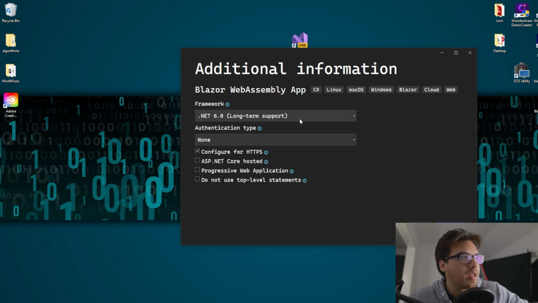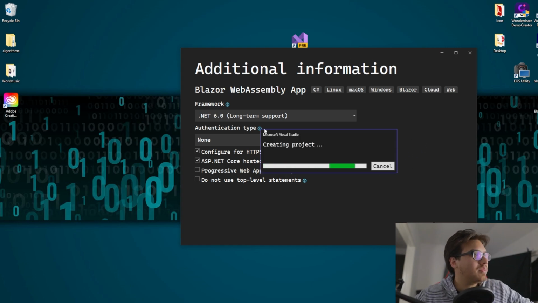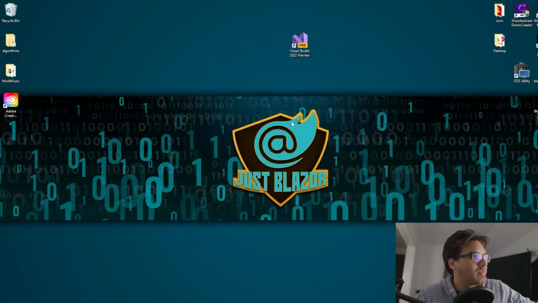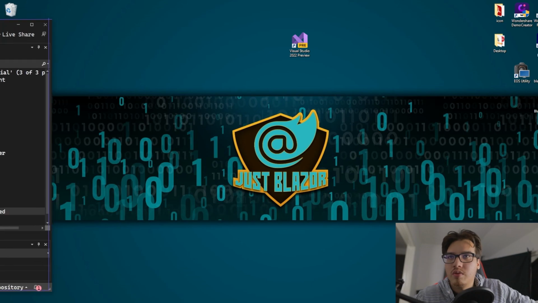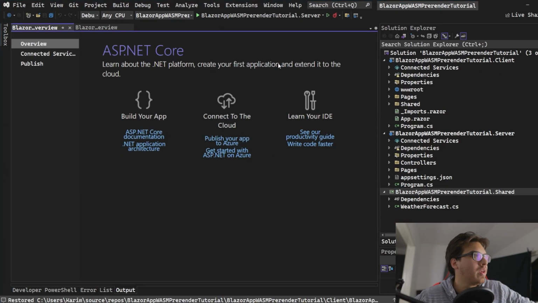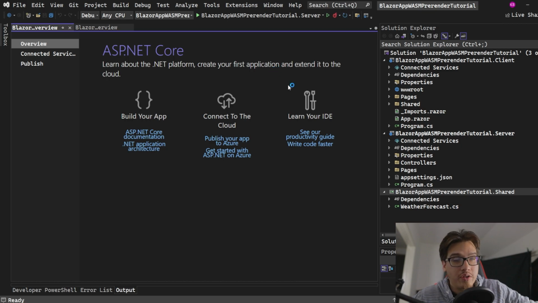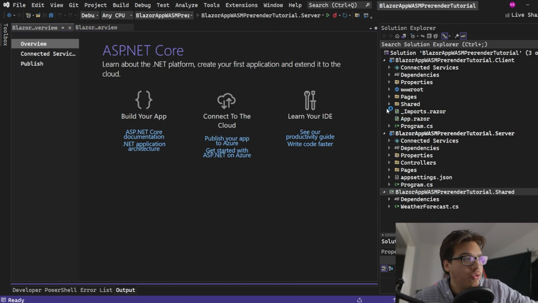And yes, we're gonna need the ASP.NET Core hosted. We need that there to make sure that we have all the projects ready to go. So we're just gonna load that bad boy up. Go. And the first thing I'm gonna do, I'm just gonna run it to show you what I'm talking about